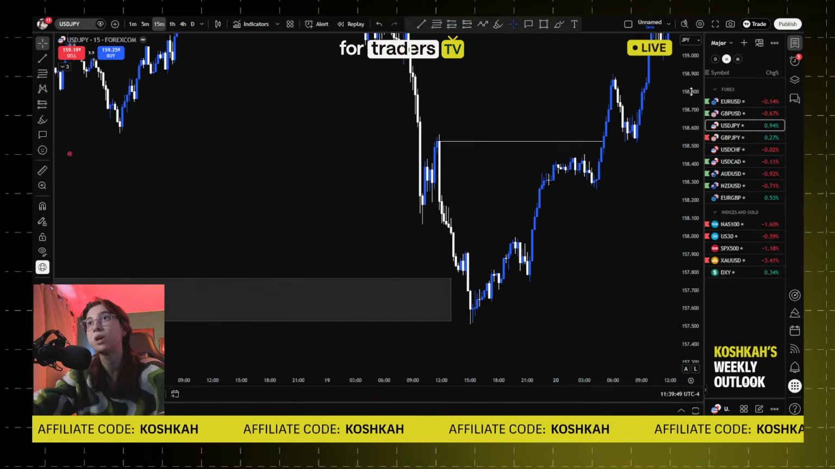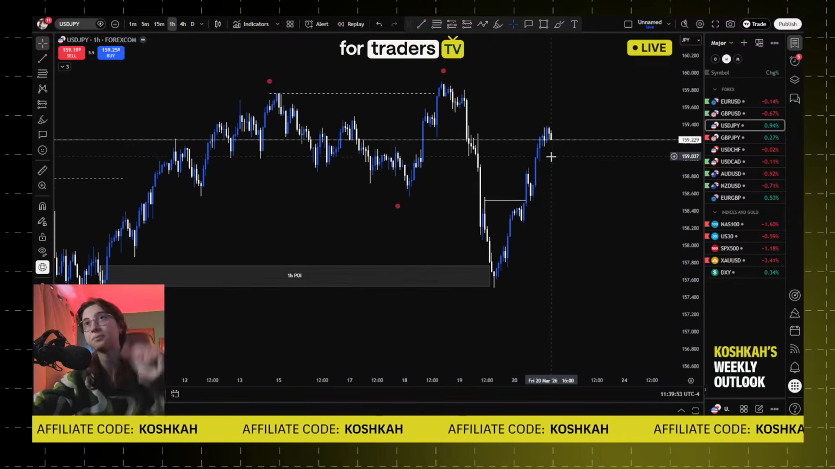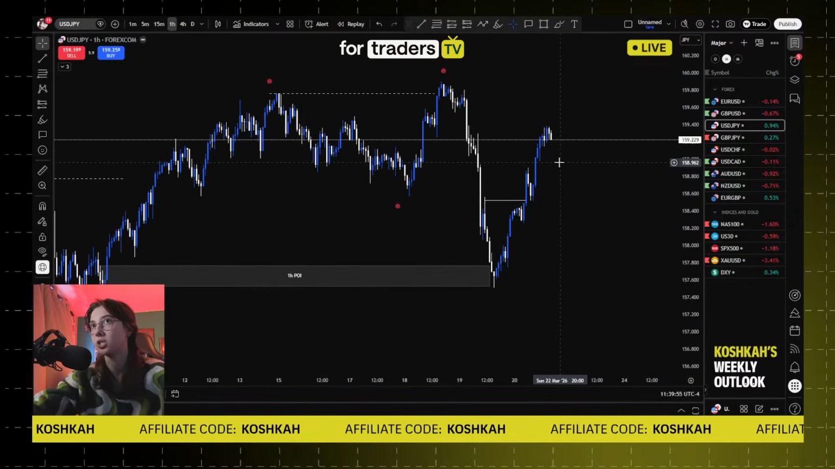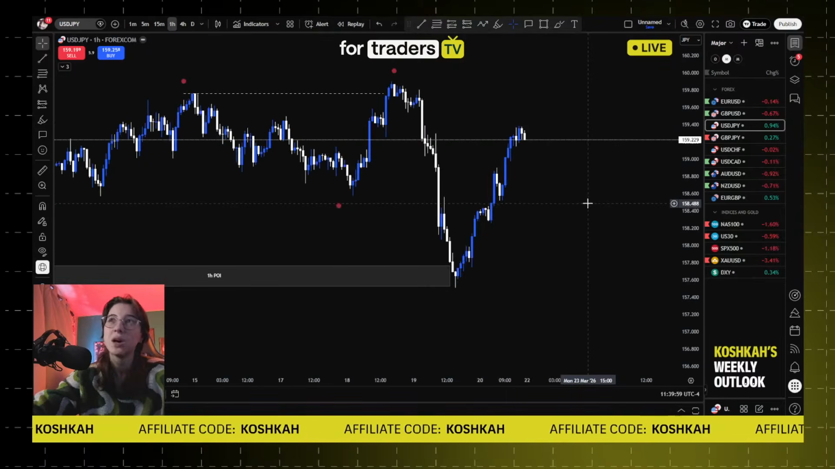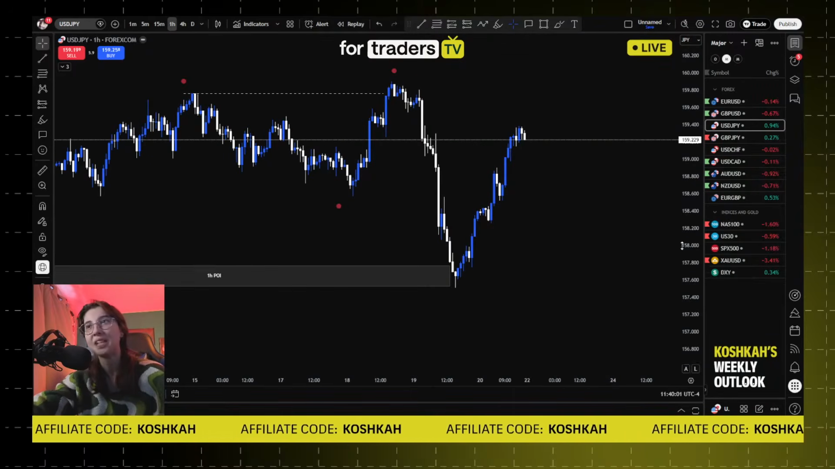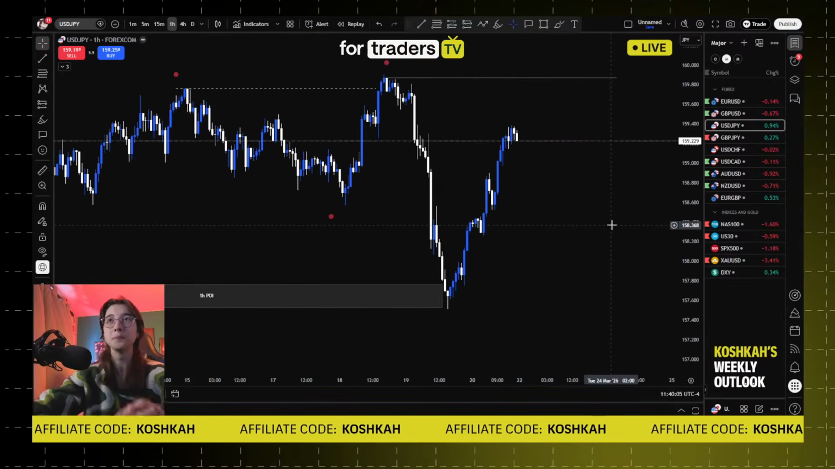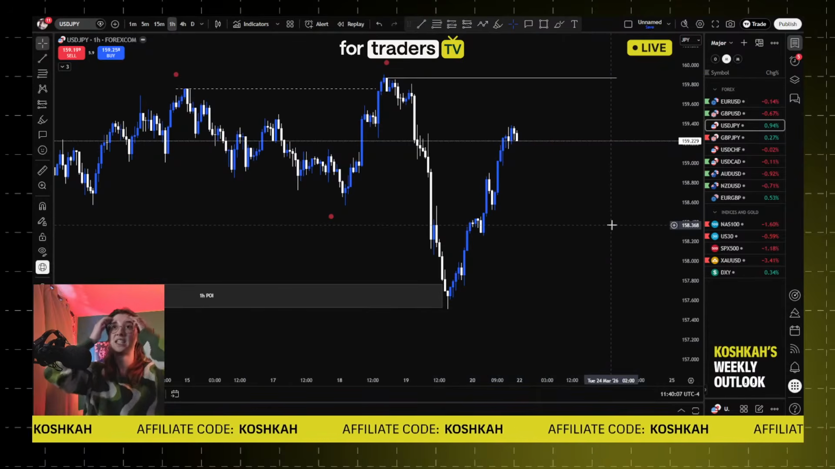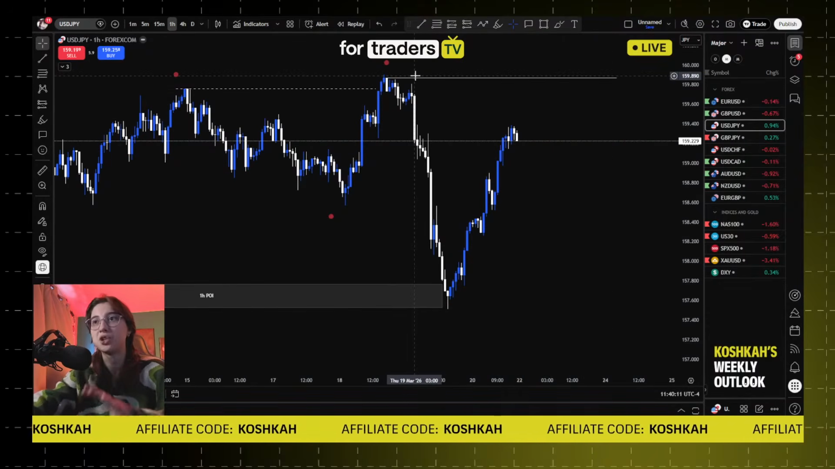Instead, we have this break of structure, and as you can see right here, it already basically left without us. The thing is, technically the hourly high is there. Technically the hourly high is there. And according to the rules of my strategy, a trade...